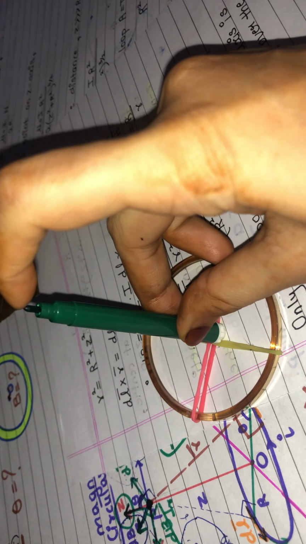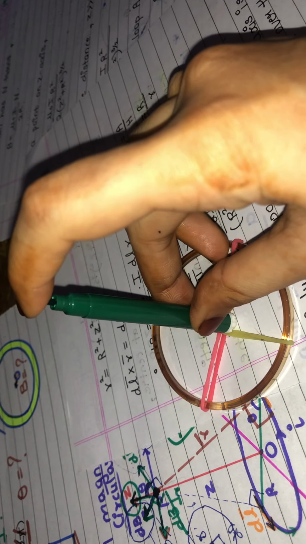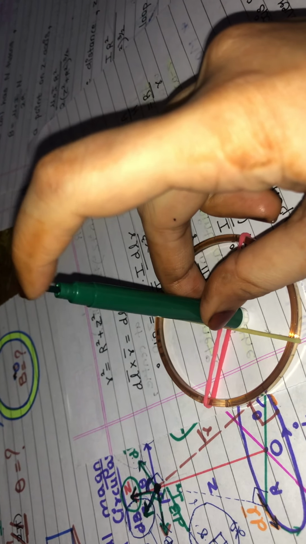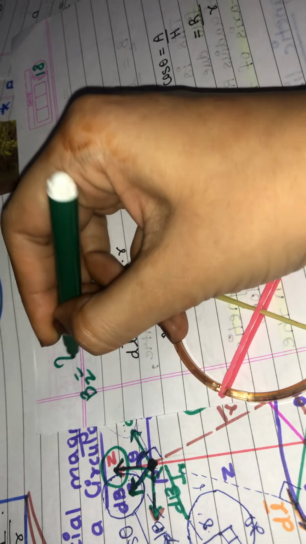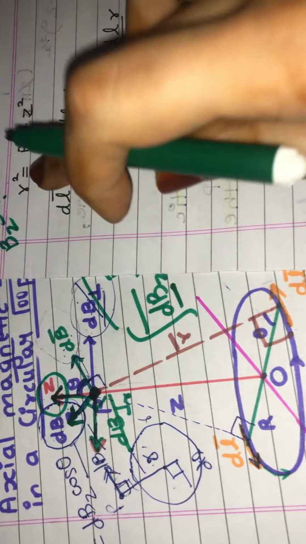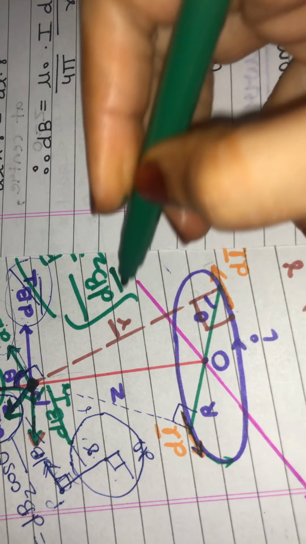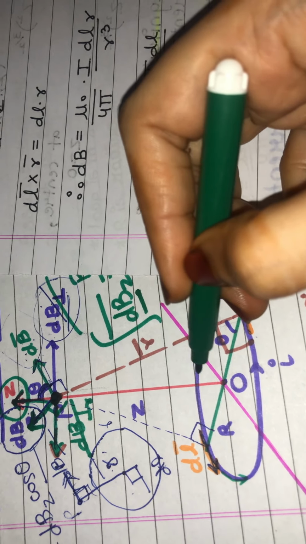So at this point, that is the nib of my sketch pen, at this point what will be the magnetic field? That is arc. So we are trying to calculate at this point the magnetic field, that is at the z-axis point the magnetic field will be Bz. So I want to find this. We are trying to calculate that. Now before that, what is r? See, r is over here, r is over here.